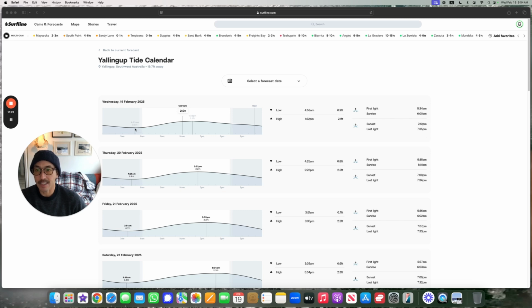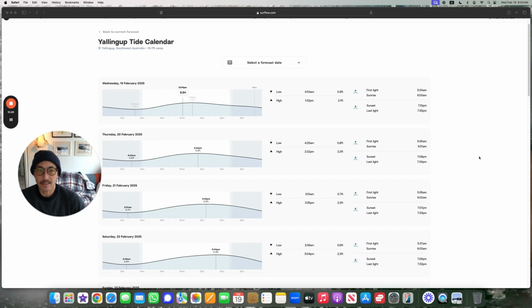So at 4:30 a.m. it was a 0.9 foot low. At 1:32 p.m. it's a 2. So very little difference. So here you see, sometimes the table view is just easier. And then